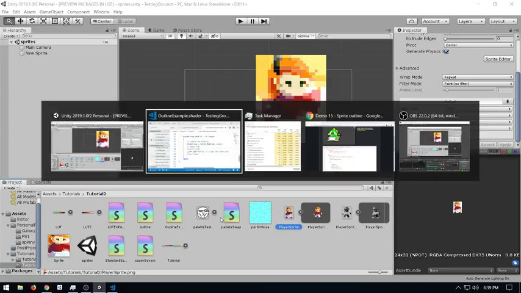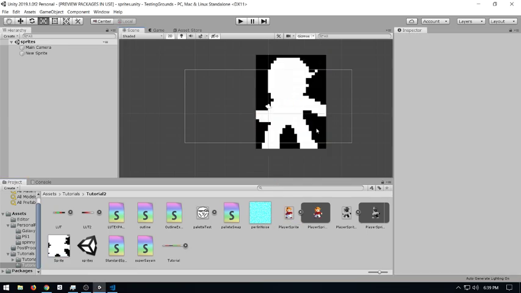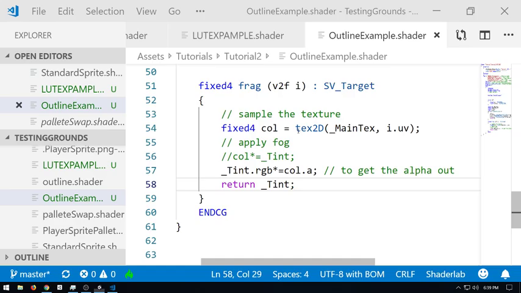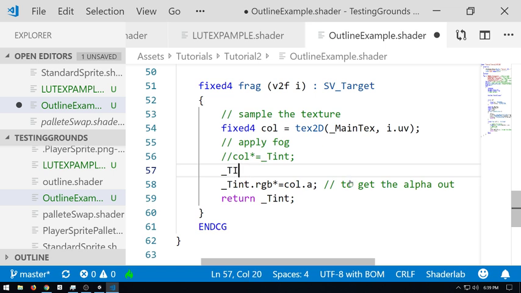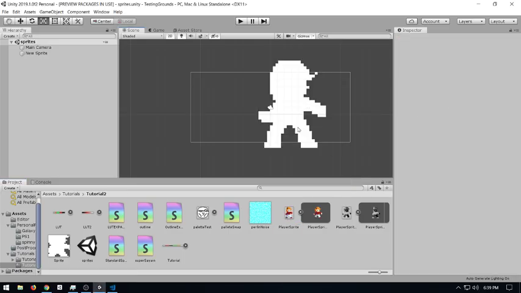That should not work, because I didn't return tint. There we go. Kind of. Let's say tint.a is equal to col.a. There we go. So now we have just the silhouette.